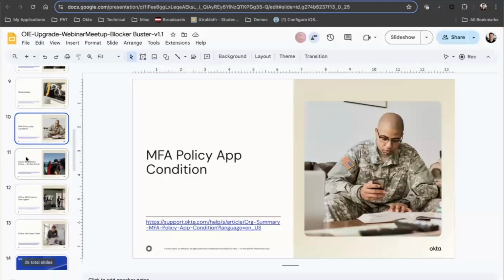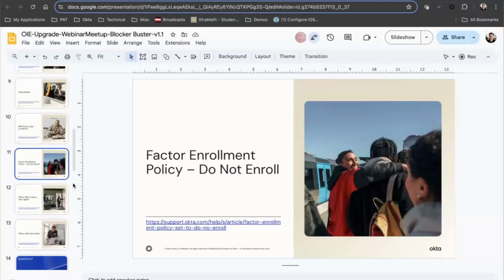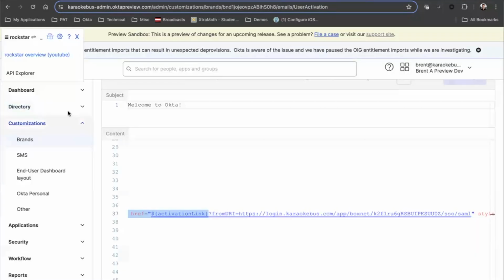All right. Next one, factor, and this is another one that deals with factor enrollment policies. This one is specifically calling out an MFA factor enrollment policy where you have the rule set to do not enroll. So if we go back and look at our